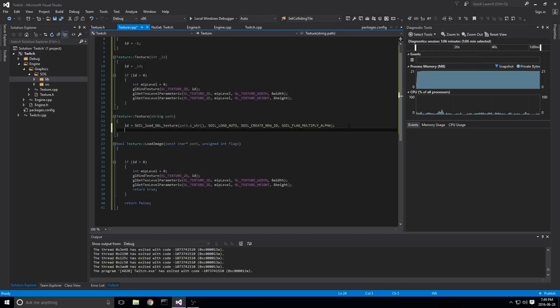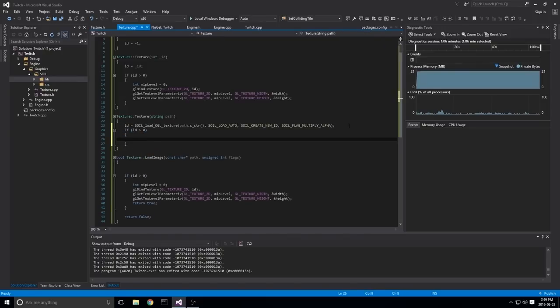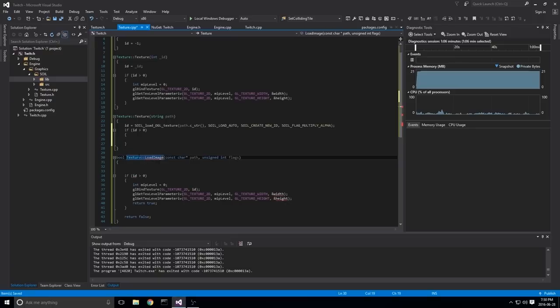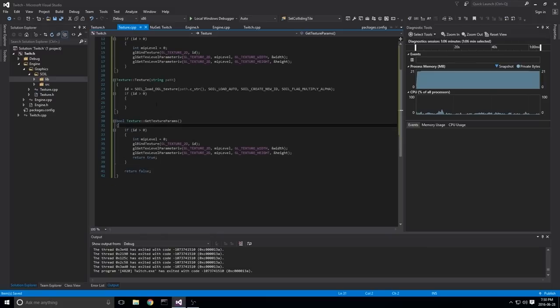We're going to call that, and then we're going to say if ID is greater than 0, then we can actually go ahead and, let's rename this if we're going to change this. Instead of loading the image here, we're going to get image params, or get texture params. Let's do that. And we'll do GetTextureParams, it doesn't take anything, because again, the flags, that's all we really need, and the path is getting passed in through here. So we're going to call this GetTextureParams, and again, it's a private function, and then we'll do this, and I guess we can have that check in here.